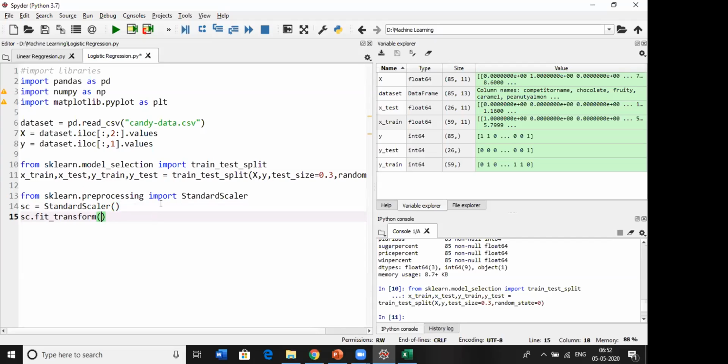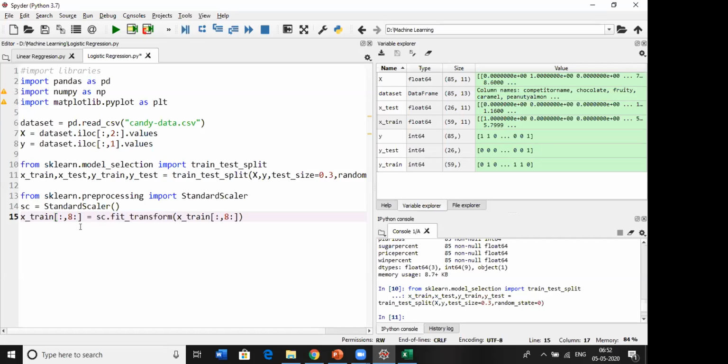Okay. In X train, all the rows, but from column 8 to all the columns. After this, it will give you the standardized data, so we need to replace the data.